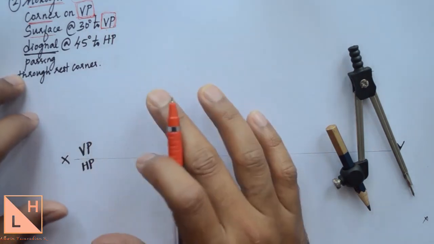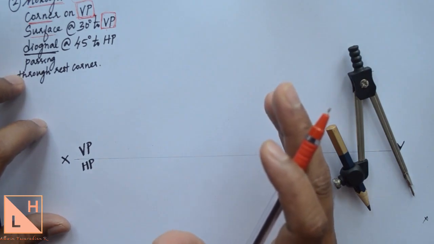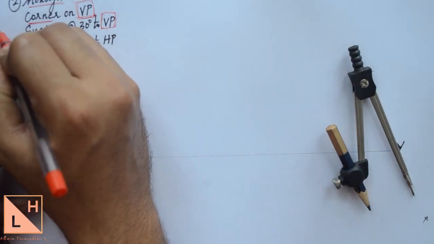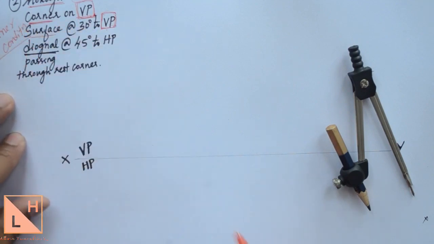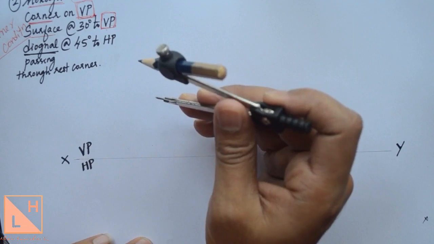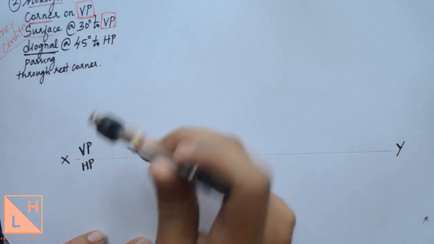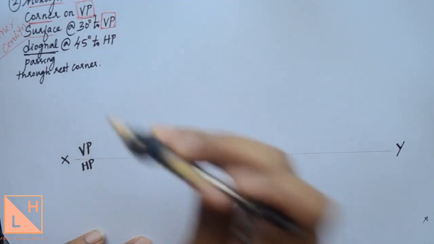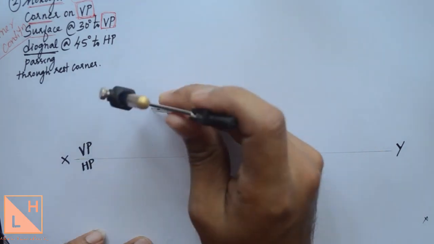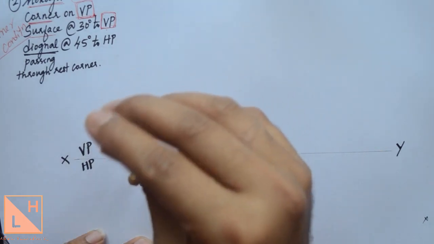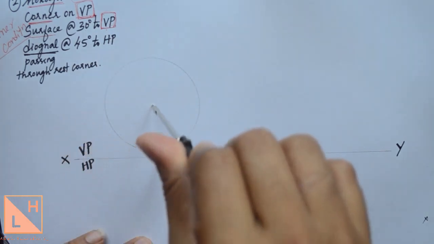So while you are drawing the plane figure, you just need to note down what condition is given in the problem. Here it says it is resting on one of its corners. So the given condition is a corner condition problem. If it is a corner condition, as I've told you, you just need to draw a circle and draw a horizontal line passing through the center. So I need to draw the circle on VP. I've taken 30 millimeters in the compass as radius. Make sure the circle does not intersect with the XY line and draw it on VP, in the sense above the reference line.